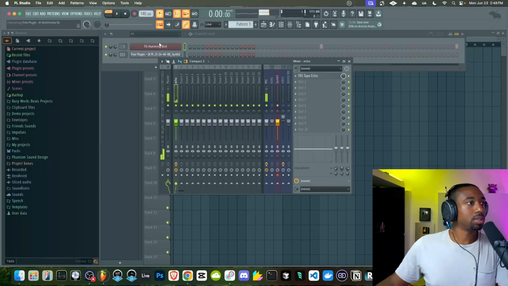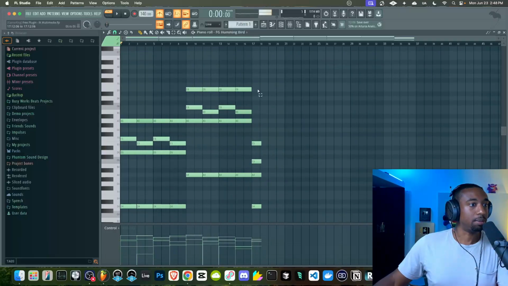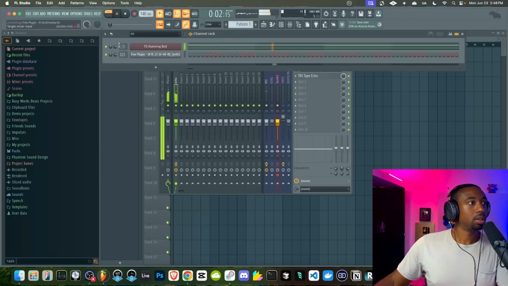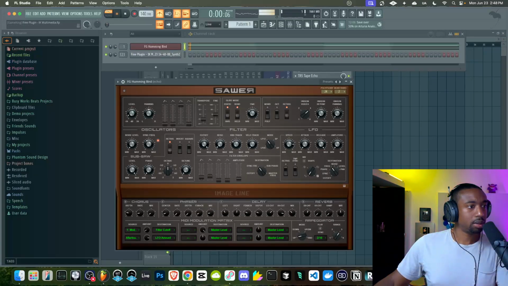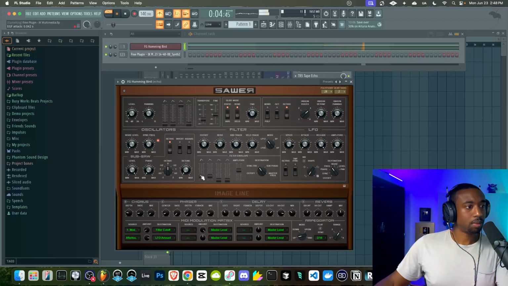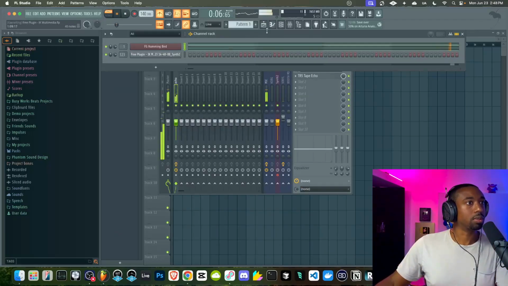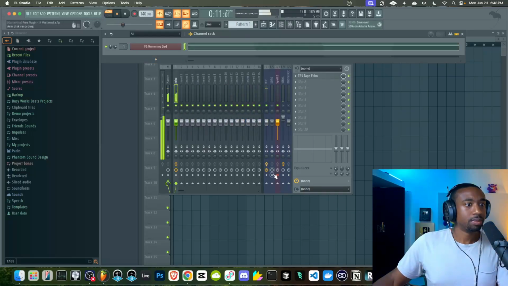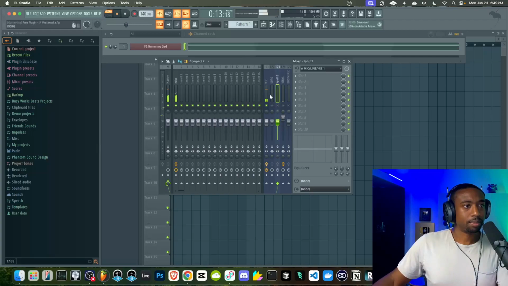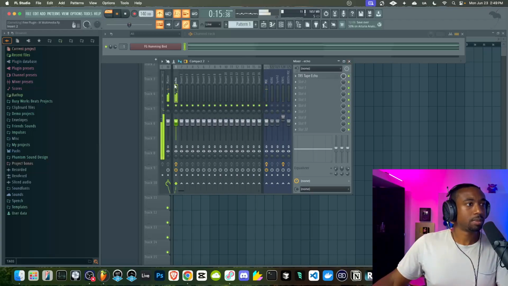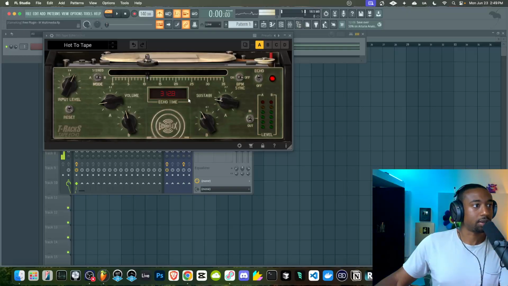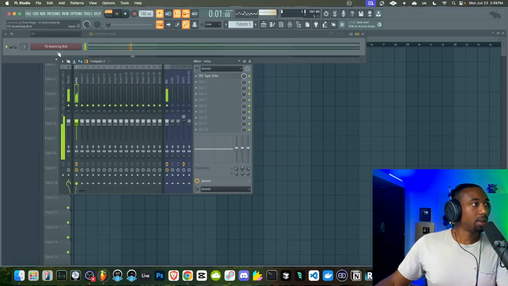Okay, so now we have the chords laid out. Now we're going to go back and add some top line. Let's hit Control Q. Let's deal with the filter a little bit here. Let's muffle this. There we go. Now we have more of a subtle tone. See how that subtle throw creates a nice sound there? So the key, in my opinion, is to take it off of sync mode and turn it on to millisecond mode. Let's see what other sounds we can run through this.